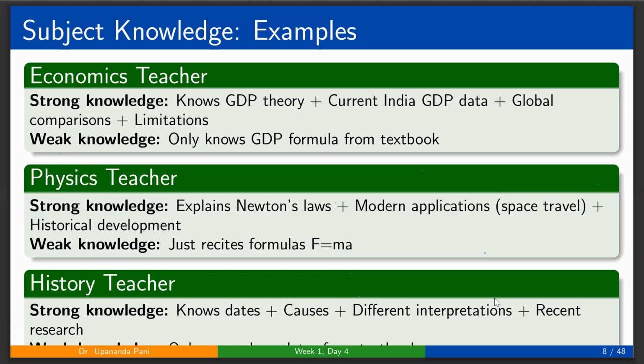Suppose for an economics teacher, subject knowledge means strong knowledge. You should know GDP theory plus current India GDP data plus global comparison plus limitations. Like, some of you, because most of you are from my class only, if I remember,